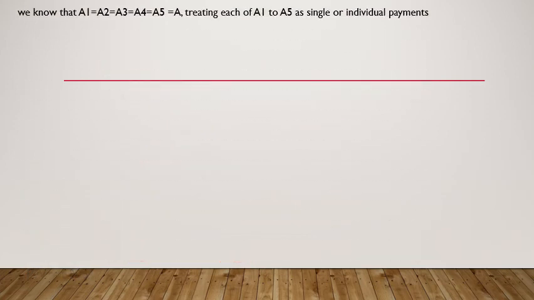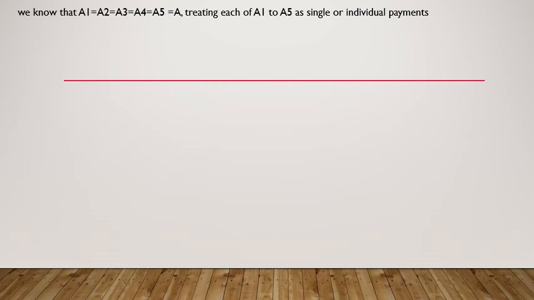Let us continue to solve the same problem using the annual worth comparison method. When I use the annual worth comparison method, it is the equivalent annual worth. A will be common throughout. So if I want to convert any of the cash flows, say this 10,000 or 3,000 or 6,000 or 11,000 into A, can I use the factor A by F comma I comma n, A by F comma 8 comma 5? I cannot, because it is neither 8 uniform. I cannot use 9 because it is not 9 uniform. So how do I do that?